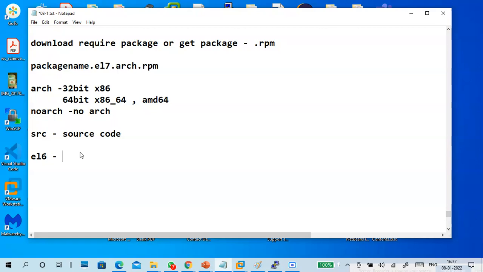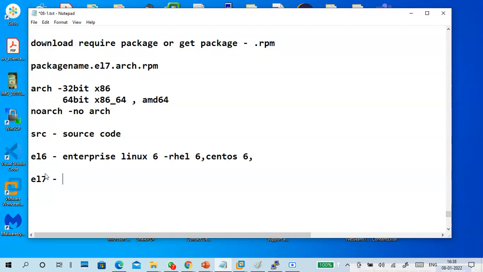EL6 means Enterprise Linux 6 related. For example, if you have Red Hat 6 or CentOS 6, Oracle Enterprise Linux 6, like that. Red Hat means Red Hat Enterprise Linux 6, CentOS 6 or EL6.